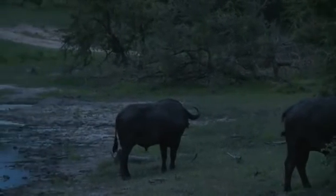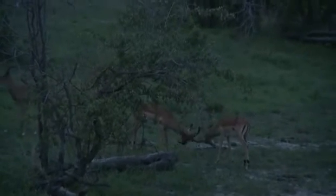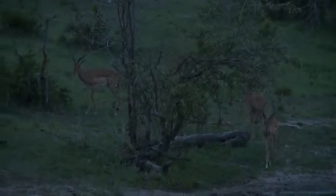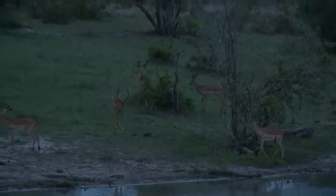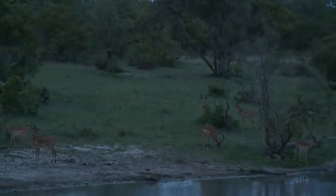The impala haven't sensed anything yet. But something made the zebra uneasy. The blacksmith lapwing, or the blacksmith plover that was here, started just chirping a little bit. The impala have all stopped. They're listening. No, not much happening. There's a 2-year-old at the bottom right of the picture. The zebra were looking, and that's why